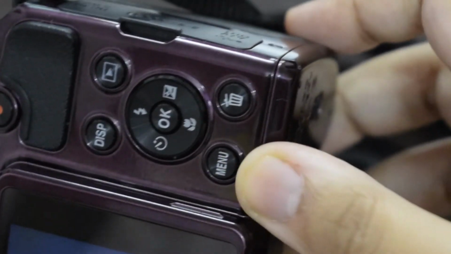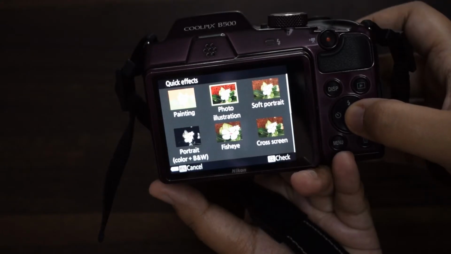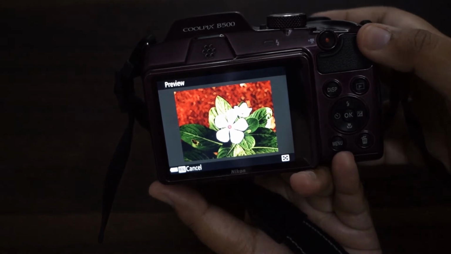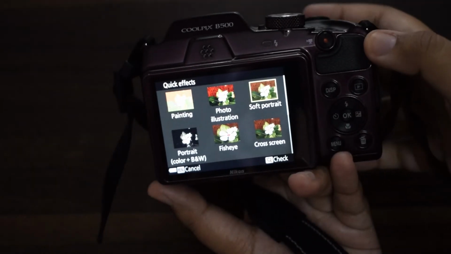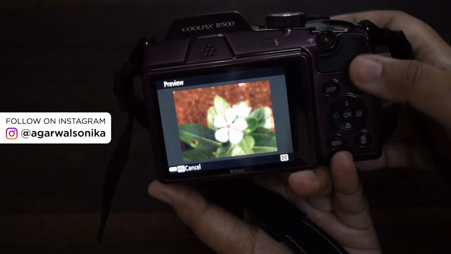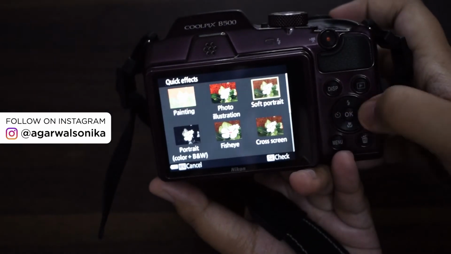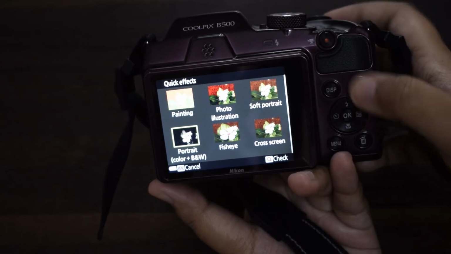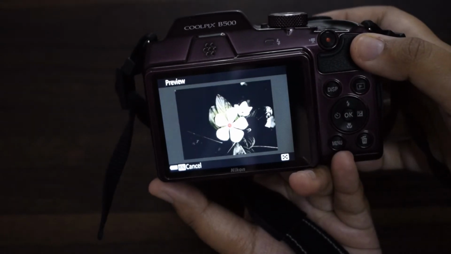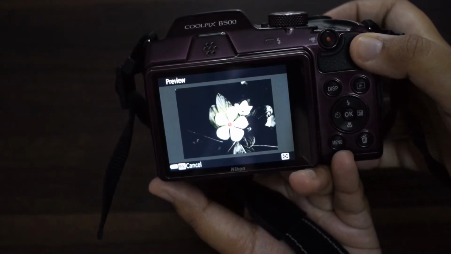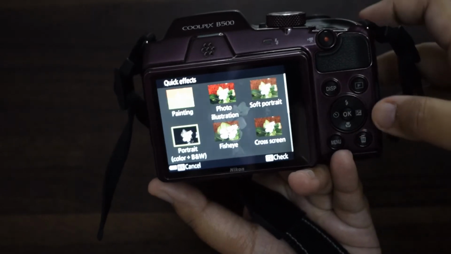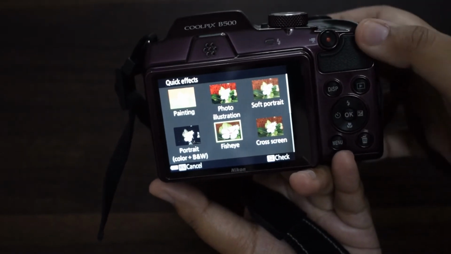Or menu to exit. Photo illustration. Soft portrait. Damn useful for portraits obviously. Portrait black and white. Fisheye.